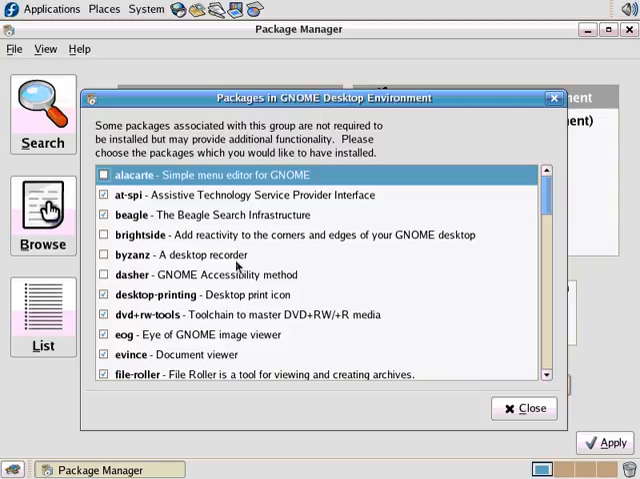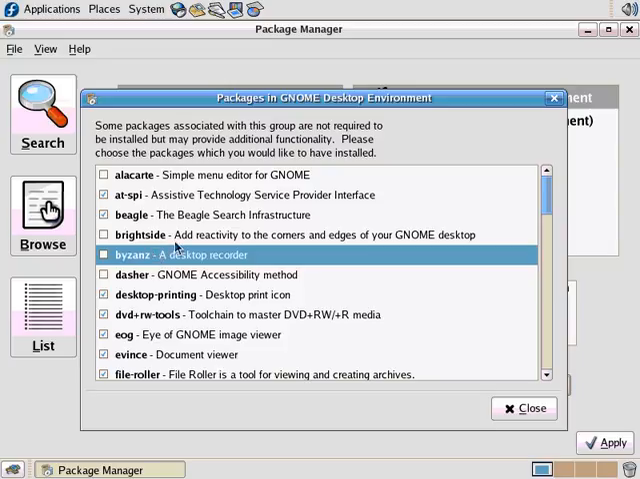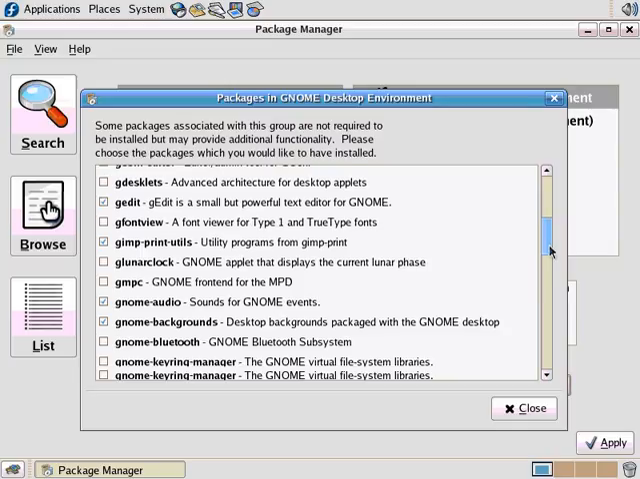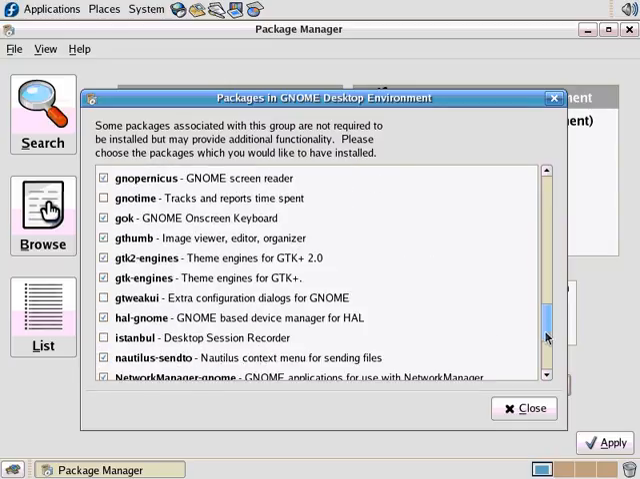So for instance, the desktop recorder is not installed. The simple menu editor for GNOME is not installed. So you see all these little check marks here on the left of things that aren't installed. And a lot of times there's a lot of cool stuff in here that isn't installed at all. I don't know if that's the case for GNOME. Let's go look at some other